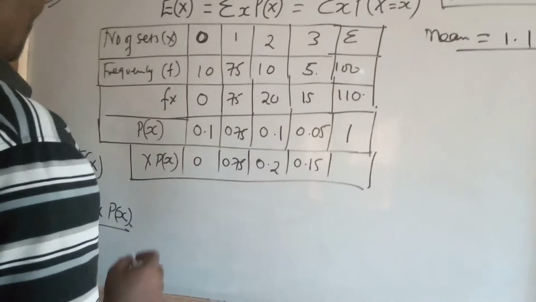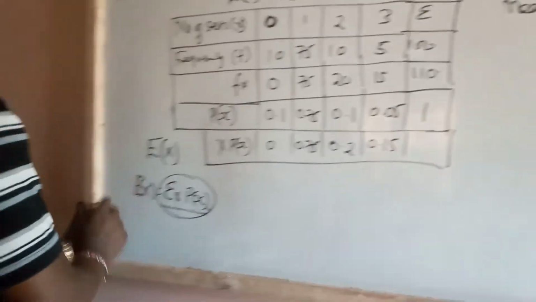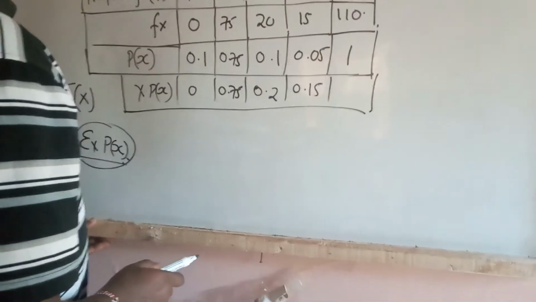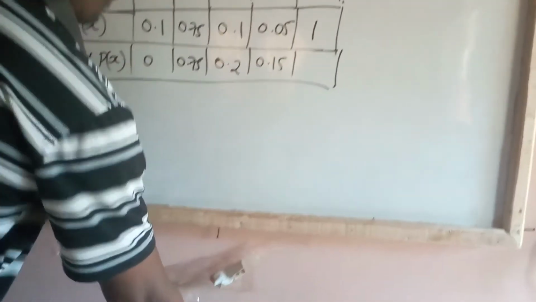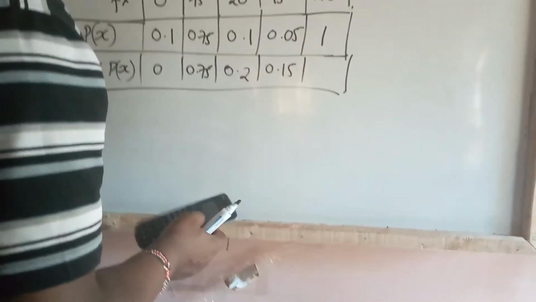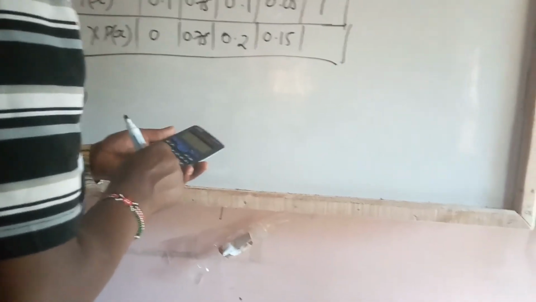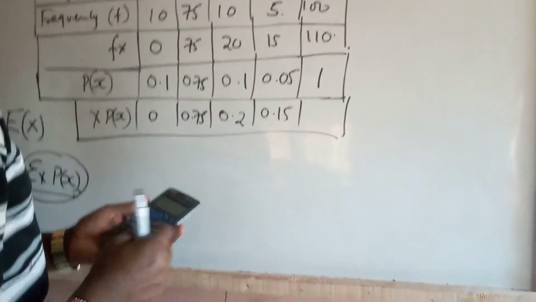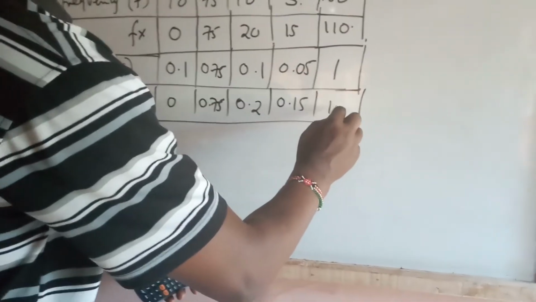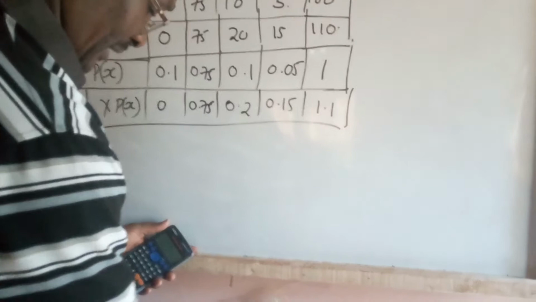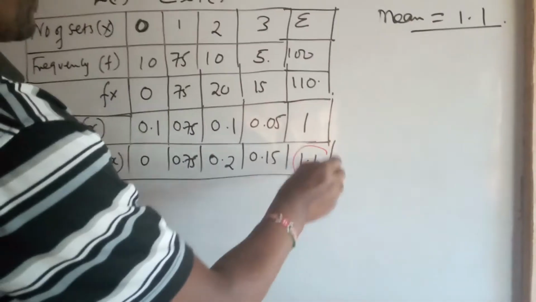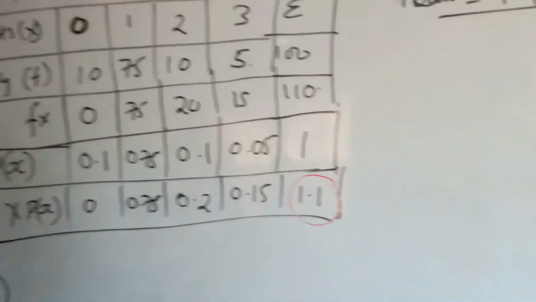When you add all this to get the sigma aspect, 0.75 plus 0.2, that is 0.95, plus 0.15 is simply 1.1. And at that point, it is important that we highlight this value, which is 1.1, and compare it with this value, which was the mean of the number of television sets in each and every household,